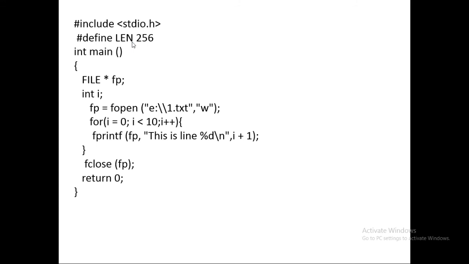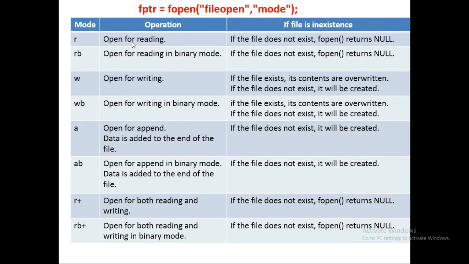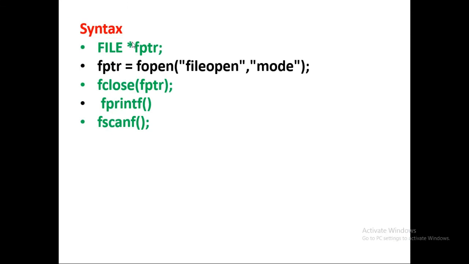So now when the fprintf statement is executed, this is line number 1, this is line number 2, I think i plus 1 is there. So 0 plus 1, 1 plus 1, 2 plus 1, this will happen. So this is line number 1, 2, 3, 4. Then we are closing the file pointer, fclose of fp, right? These are the two examples we are having. You just go through the video. If any doubts, you just call me or text me.